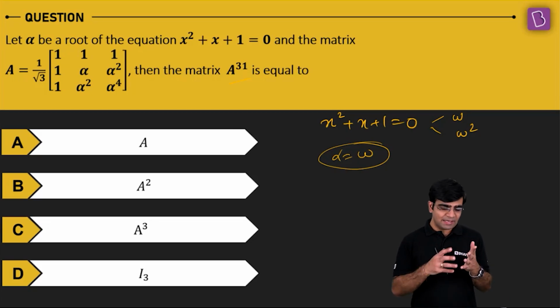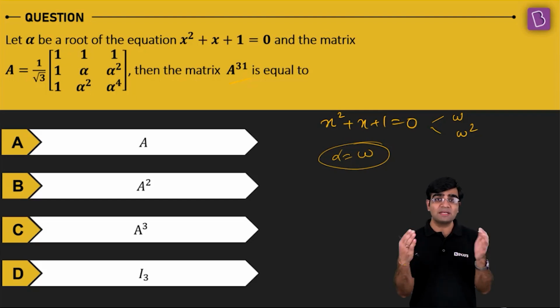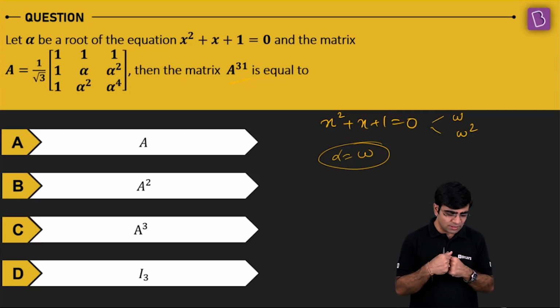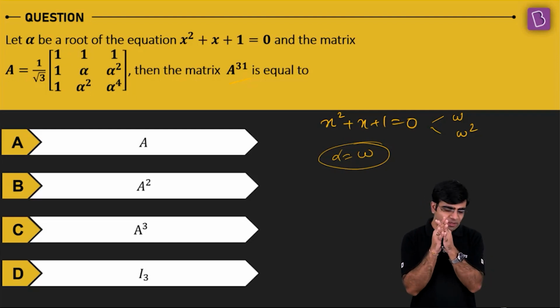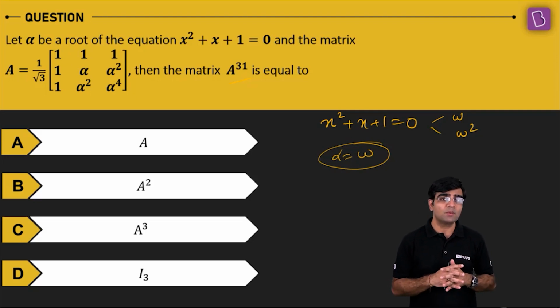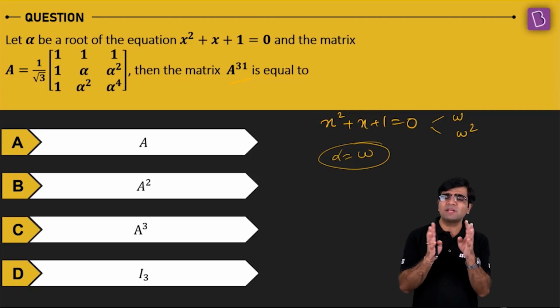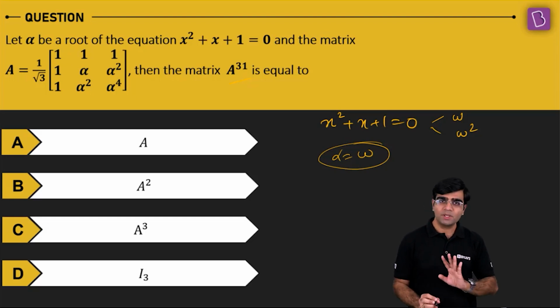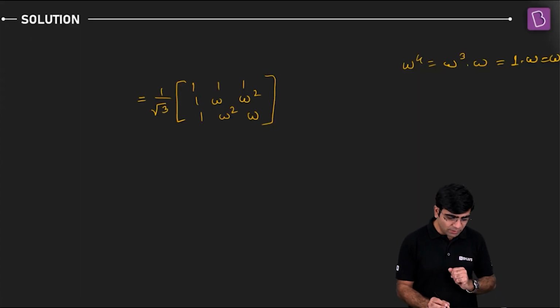This means my answer has to be some adjustment so that the higher powers get dissolved into simple numbers. Something of that sort should occur. The D option is suggesting that the answer could even be an identity. So we have to keep in mind that some standard result would definitely be popping up, something like identity or some standard matrix, which after calculation becomes very easy to simplify. So we'll keep all this in mind. Okay, sorted.